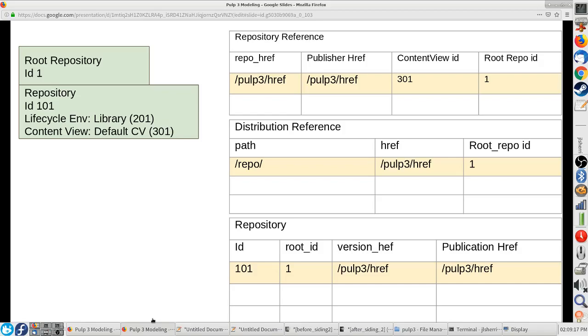In our second video, we went through the data model about the different ways we were storing references in the Katello database. As a reminder, this is from that presentation: for a single repository created in library, we would create a repo href and a publisher href. We would also store a distribution reference and then a version and a publication reference. So this allows us to